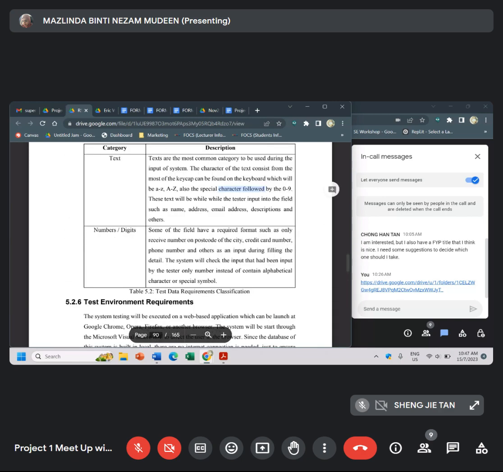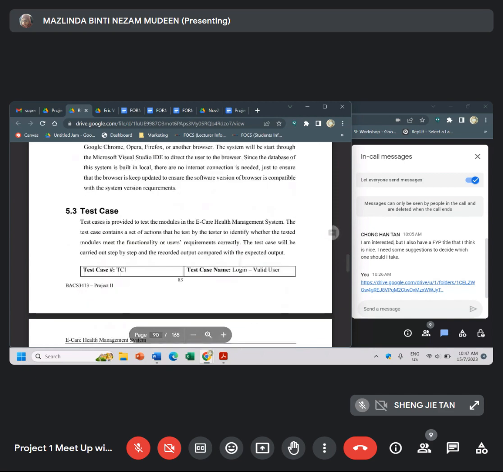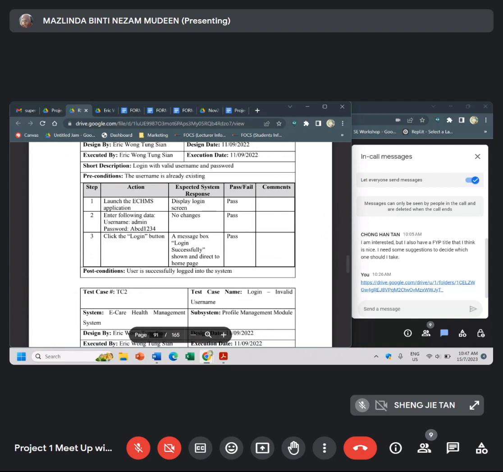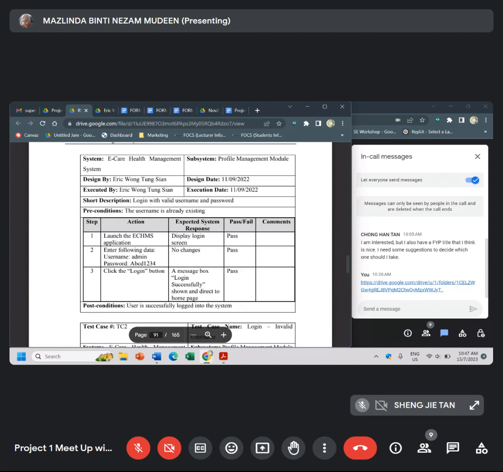Data requirements, environment requirements, then you need to prepare your test cases. So test cases will be for your complete system. It means based on your module, based on your function, you need to prepare your test cases. Okay, so test case, normally you can see this pass or fail. You need to test your system and then you fill up the pass and fail.